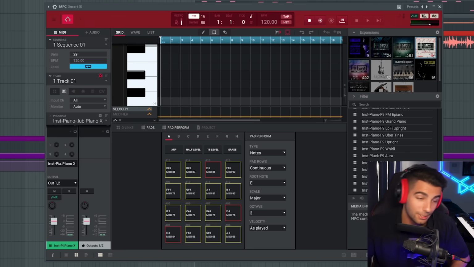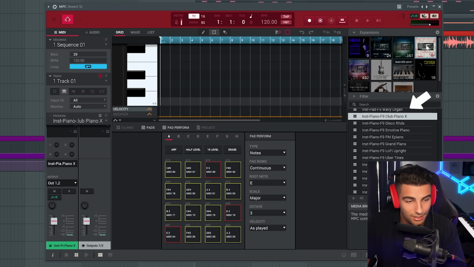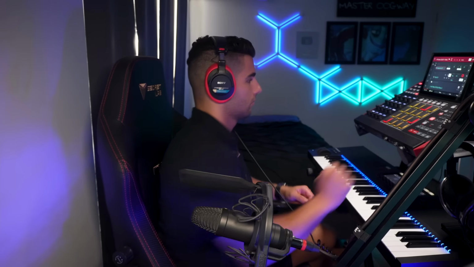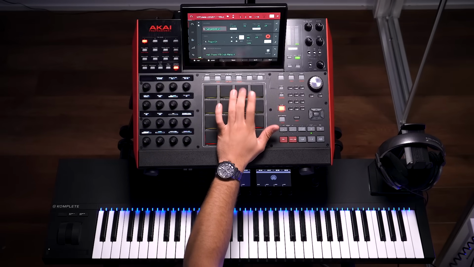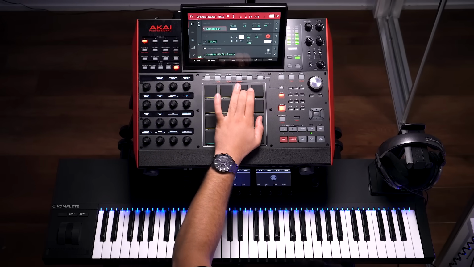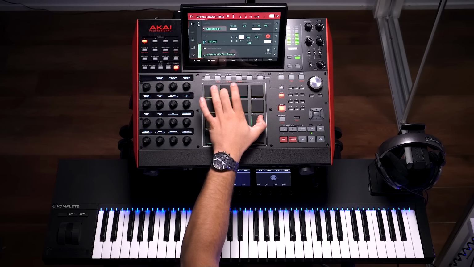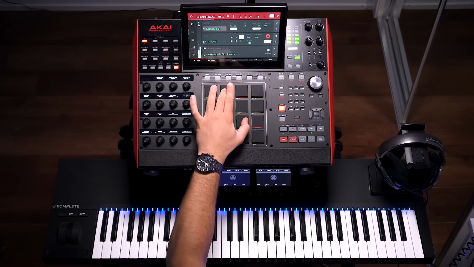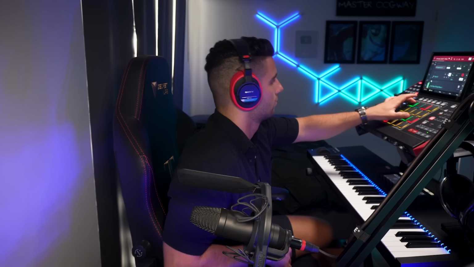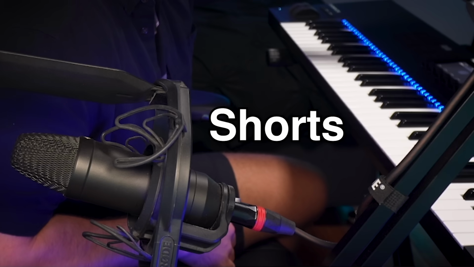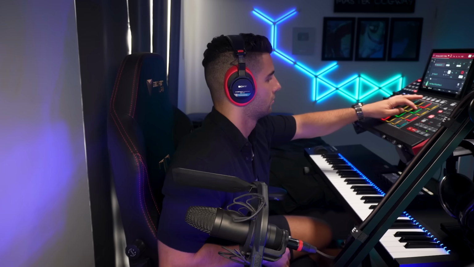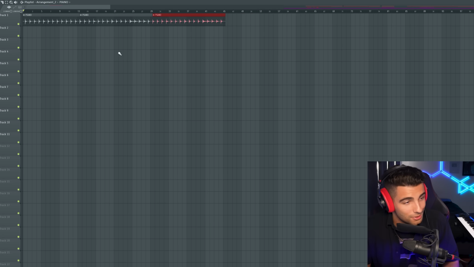They said yes. So I went through all the MPC libraries and expansions, and the preset we're going to be using today is the Club Piano X preset in the F9 Instruments expansion. That's the closest sounding piano preset I'd found in or out of FL Studio. It's going to sound like this. And Runaway is built off this piano loop, so this loop is just going to play throughout the entire song.